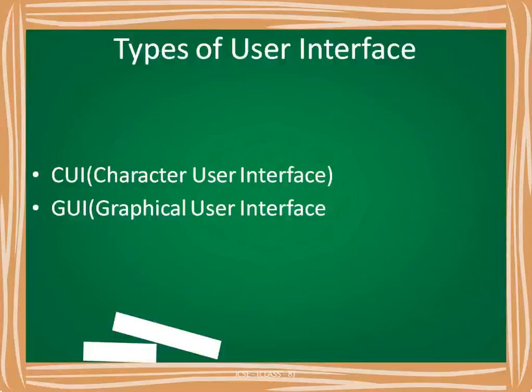Now the graphical user interface. In a graphical user interface, graphical access is given, like icons, pictures and all. By using that, we can access directly. Like in Windows, icons are given. By clicking on those icons, we can easily understand, open it, and do our work. Here we need not have prior knowledge. Understood? There is no restriction or limitation to have knowledge before using the system. Even if you do not know anything, you can operate this system.